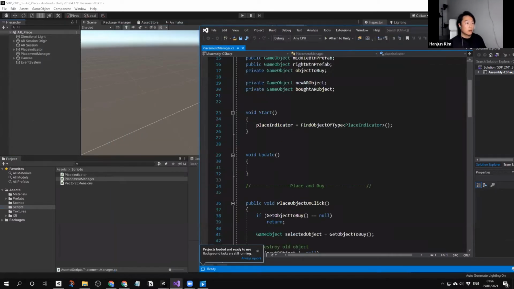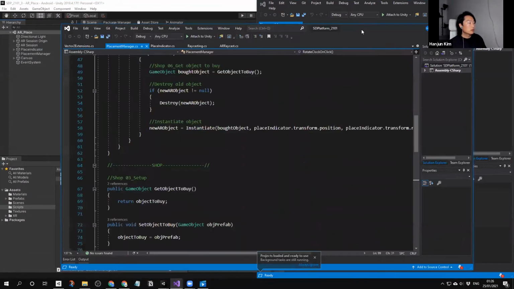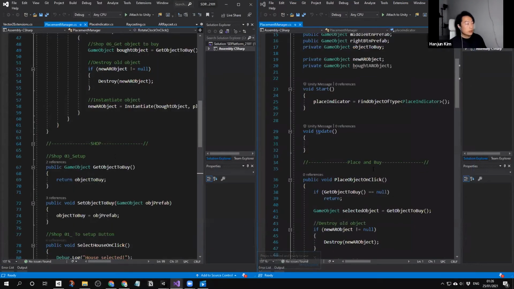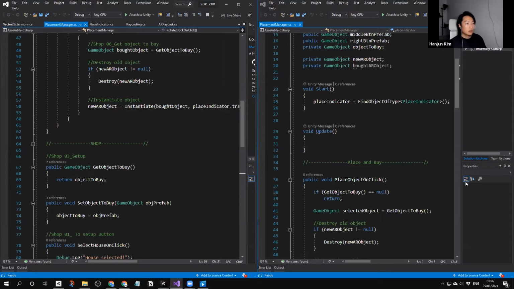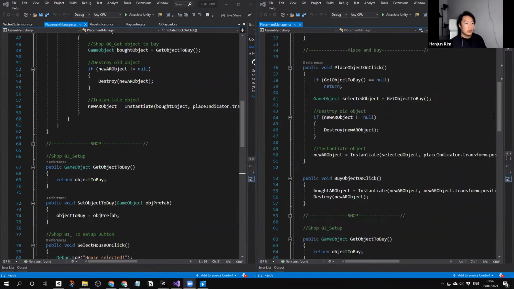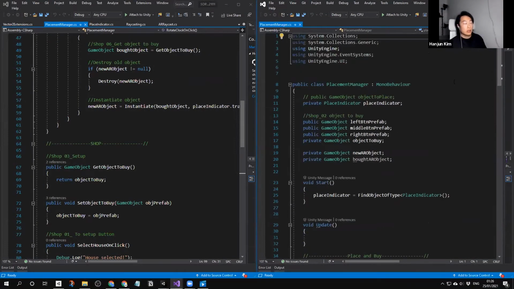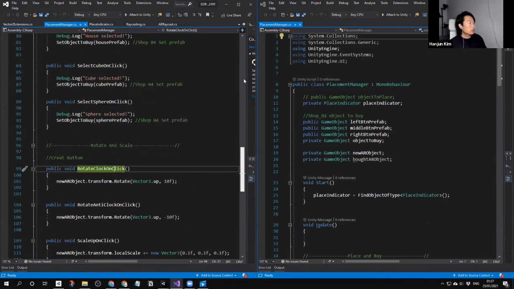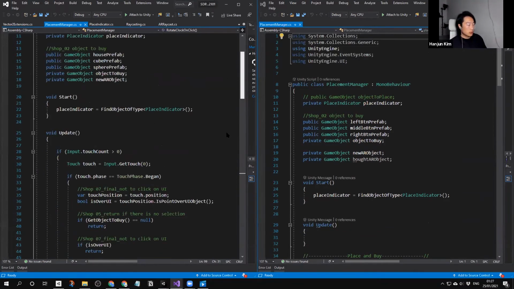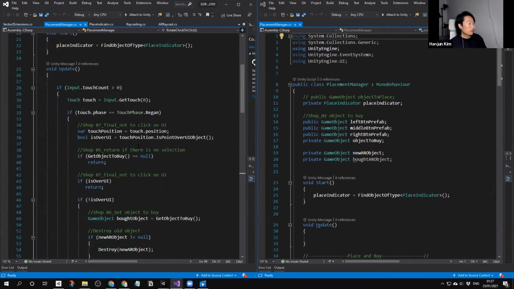And simply I'm going to compare it with our previous placement manager. So this is the placement manager from today's package, and this script is from our first day. So if you see here,